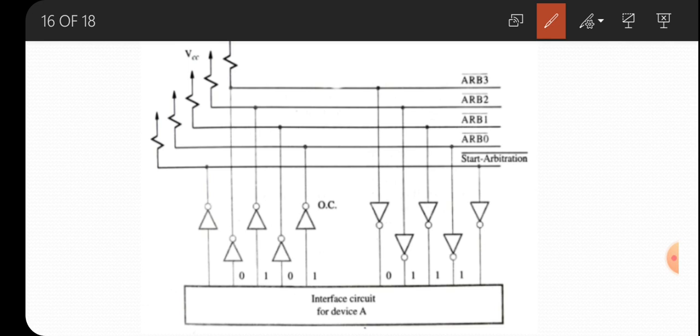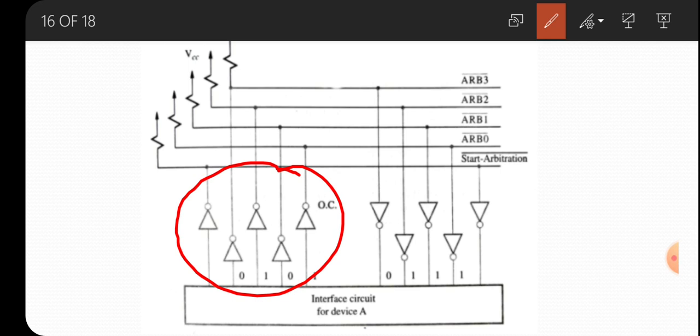This is the interface circuit for device A. This diagram has a left part, that means this area. It corresponds to device A's status. That means one of the lines is connected to the start arbitration line, that means to initiate a bus request.